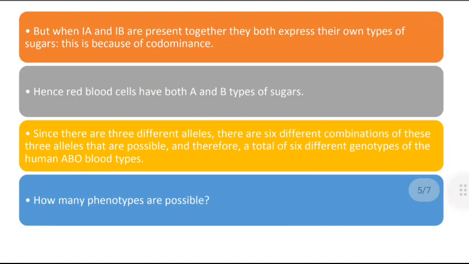But when IB and IA are present together, they both express their own types of sugars. This is because of codominance. Actually, IA and IB both are dominant, so both express their own types of sugars. Hence, red blood cells have both A and B types of sugars. Since there are three different alleles,